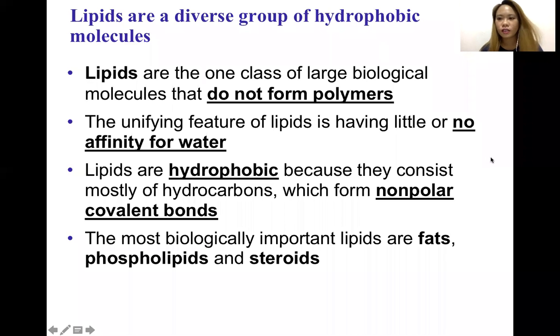Okay, so this is in continuation to our previous recorded video about carbohydrates. The second biological molecule or macromolecules are what we call lipids. Now, many people know lipids as fat, and most of you have a very negative thinking about fat because